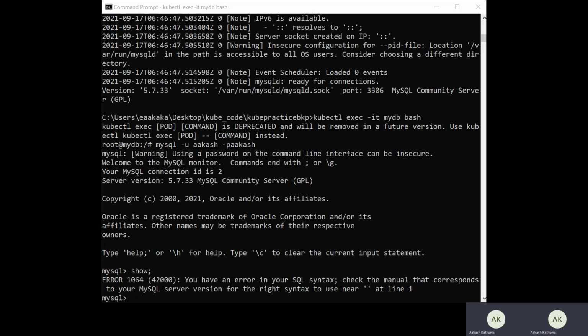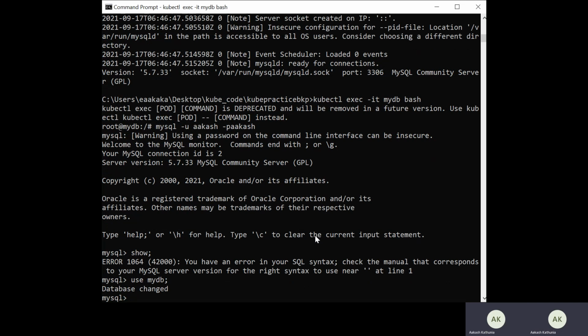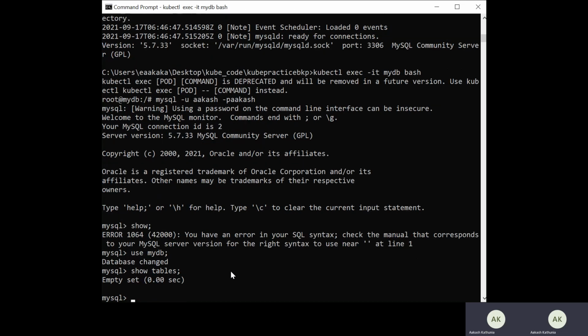As you already worked upon the SQL DB, you know these basics, how we can create a table, and inside the table, how we can create the fields. If I use mydb, it has changed the DB name because we created mydb. And inside this, if you run show tables, it will show empty.